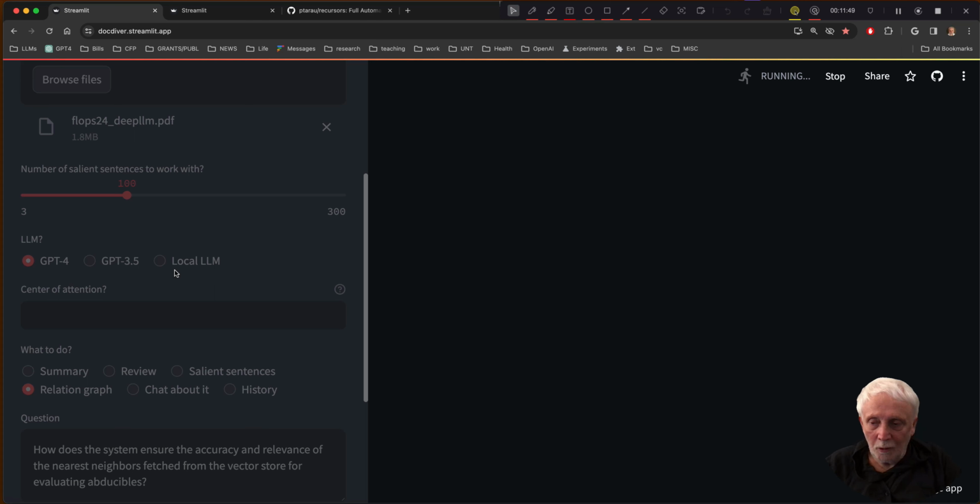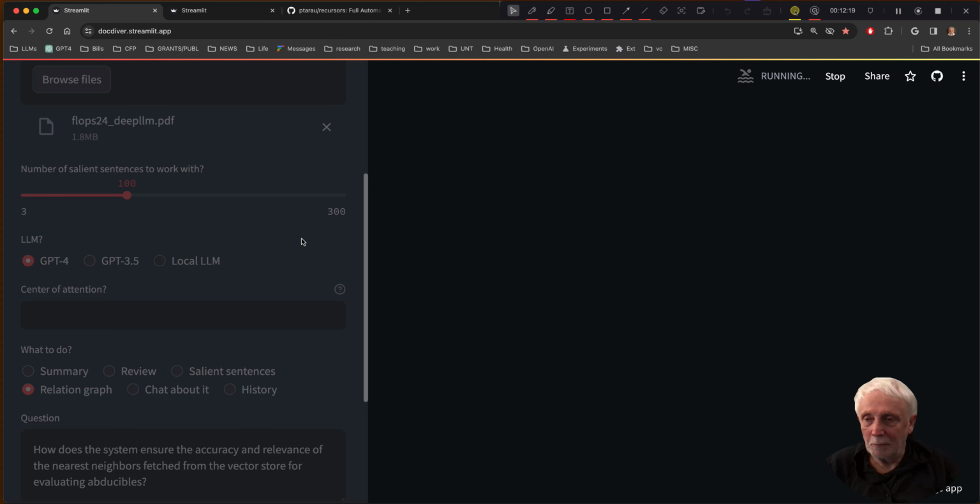That also delivers reasonably good performance, at least for the main tasks like salient sentence extraction, summarization, and the review. While this is running, because generating this graph and displaying it might take 1 to maybe 3 minutes,